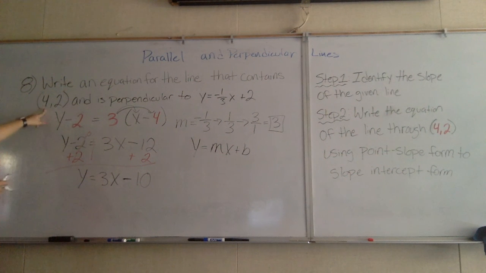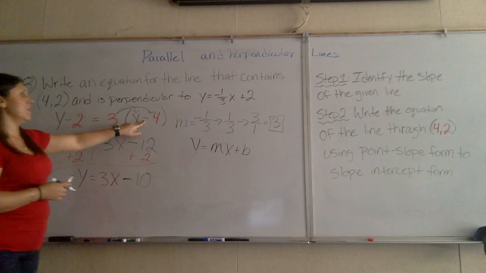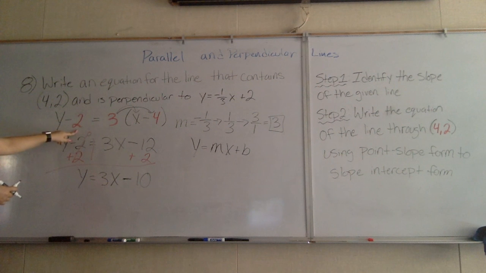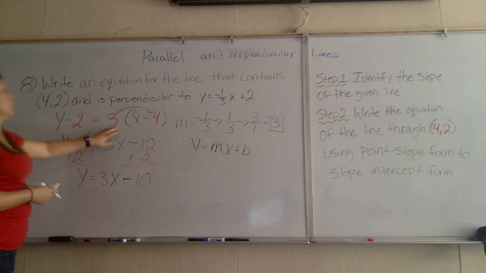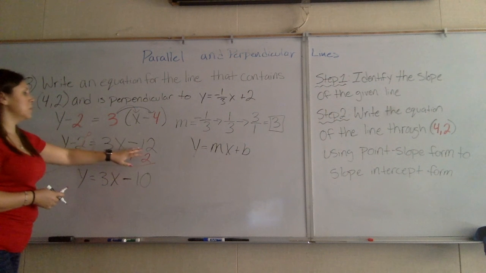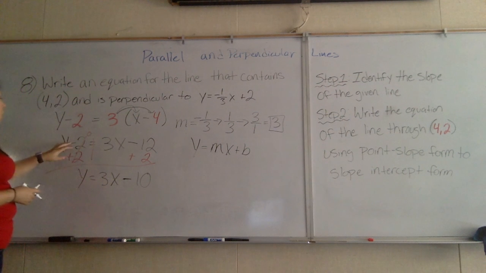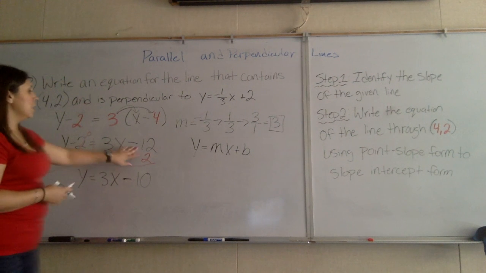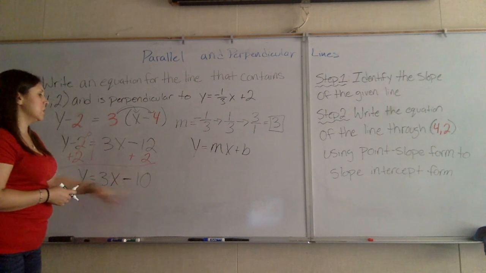I look at my point. This is a 4, so it's going to be a negative 4. This is a 2, so I'm going to have a negative 2. Bring down my left-hand side. I'm going to distribute. 3 times x gives me a 3x. 3 times a negative 4 gives me a negative 12. I have a negative 2, and I need to move it over. So the opposite of a negative is to add, so add 2 to both sides. I get y equals 3x. Negative 12 plus 2 gives me a negative